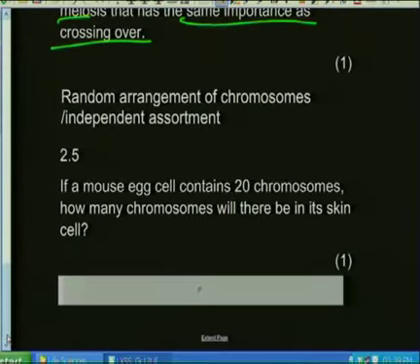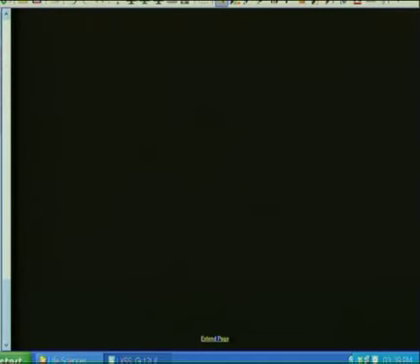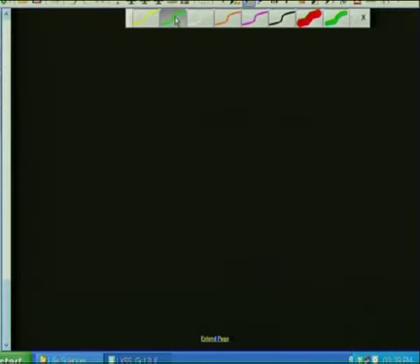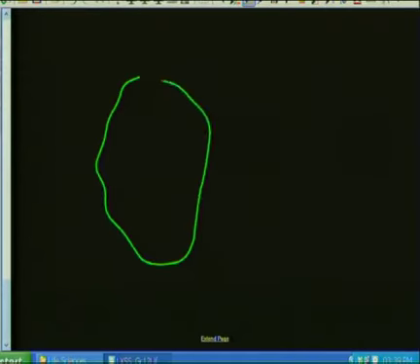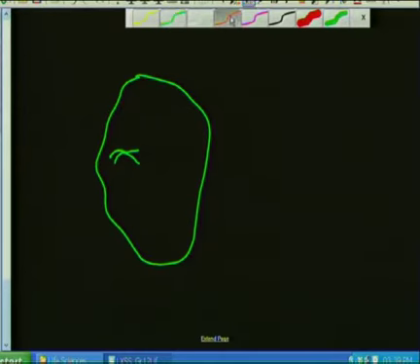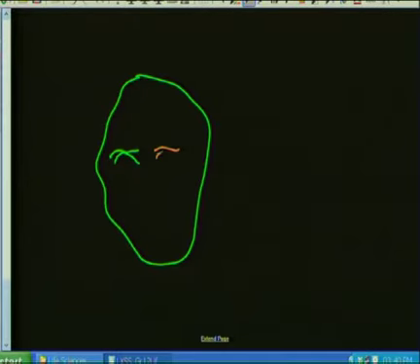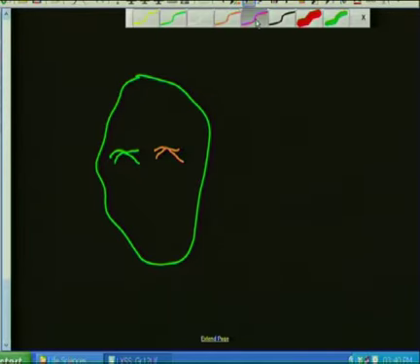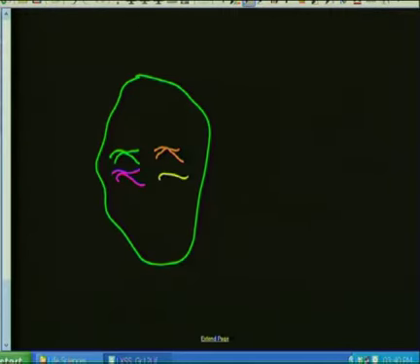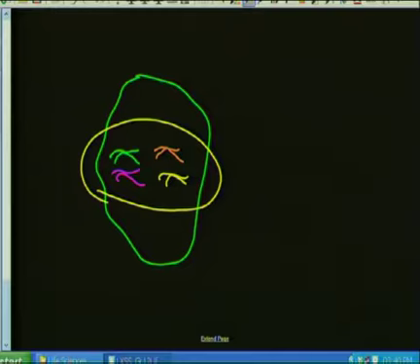Now, I'm going to extend this page a bit just to explain what we mean by this random assortment. If this is a cell, and the chromosomes, and now I have to be a little creative here. And these were the chromosomes. Random assortment means that there is no fixed way in which these chromosomes here will arrange at the equator. This is one way in which they could have arranged themselves. They could have also arranged themselves